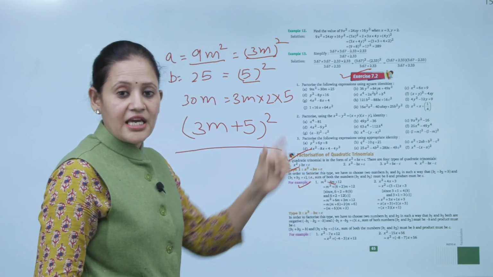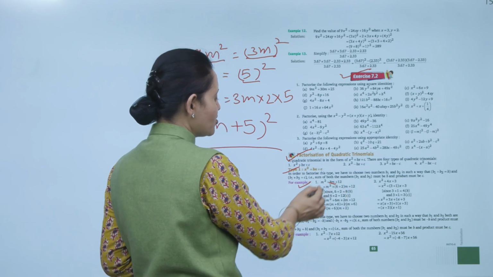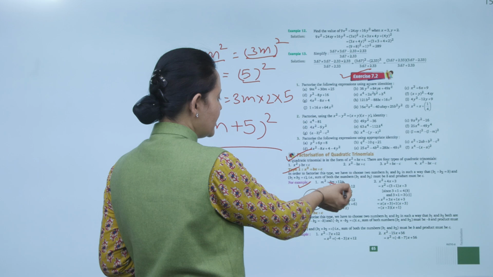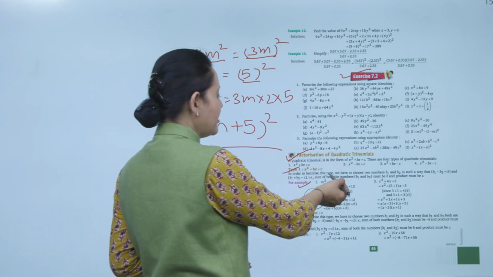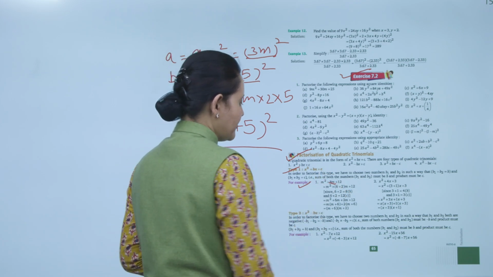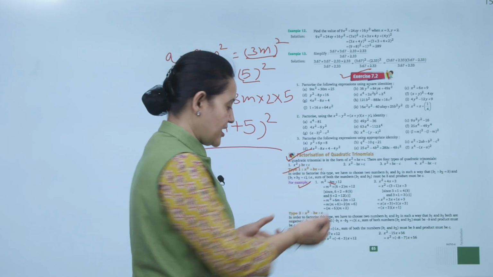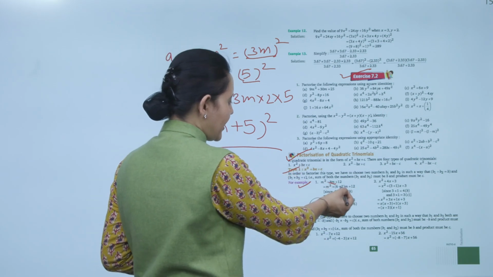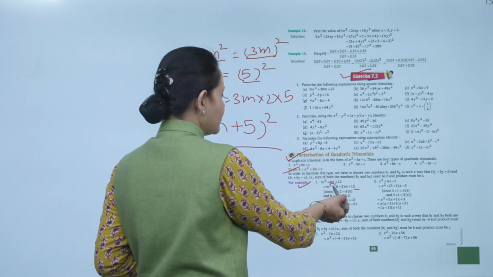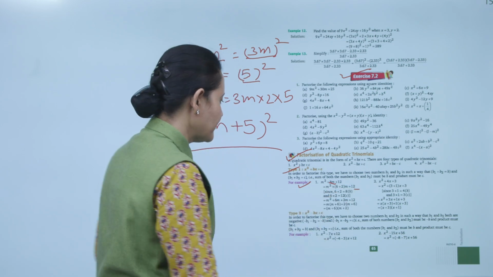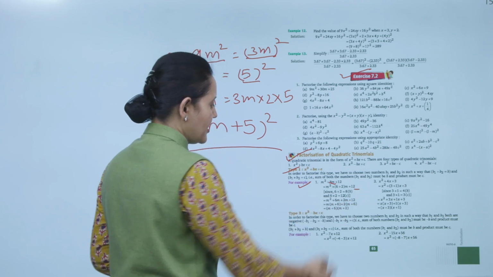The middle term is 8m. In that way, when we multiply, we'll get the product of these numbers, which should be equal to the extreme term, and when we add them that is equal to the middle term. Like here, m square plus 8m, the numerical value that should be there is 12. So if we multiply 6 into 2, that is equal to 12, and when we add them, 6 plus 2 is 8m. Clear? So m square plus 6m plus 2m plus 12.